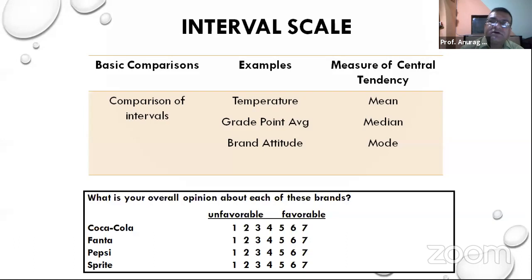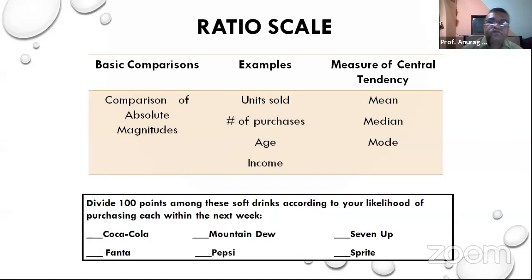Next one is the ratio scale. Now, this is the data that we use in business research and physical sciences. Here we compare the absolute magnitudes of the value, say units sold, number of purchases, age, income. Age and income can come in nominal and ordinal variable also, but age, when you ask age in numbers, it will come in the ratio scale. Suppose you give